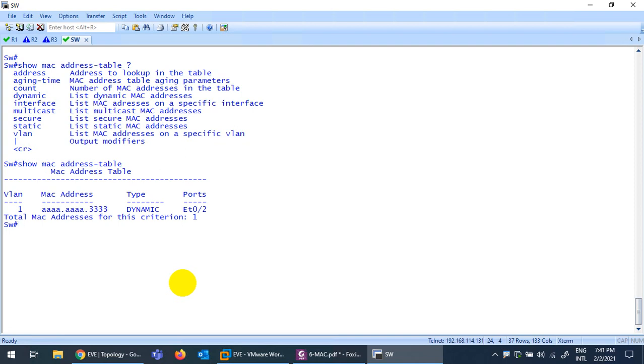If they do communication, the aging time will start again from 5, because the aging time is 300 seconds. It says I will keep your record for 300 seconds. If you do communication within 300 seconds, I will refresh your timer. It's like a timer.